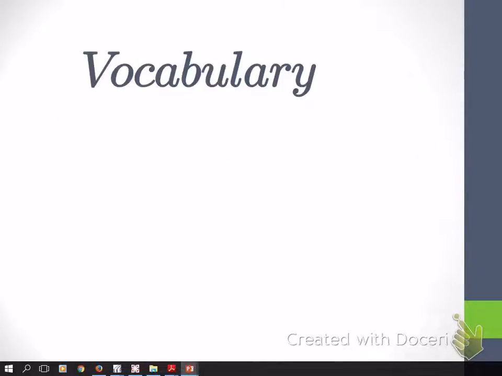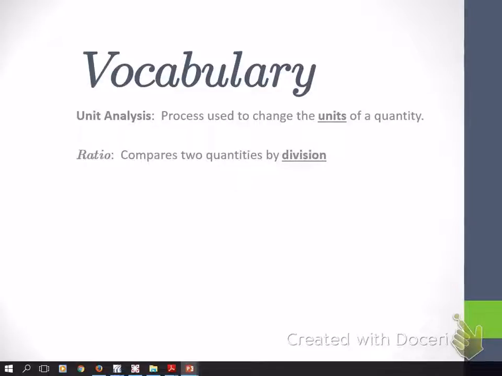Okay, so we start with some vocabulary. Always with some vocabulary, and these are things again that you guys need to commit to memory. Very easy points on the test. Like I said, unit analysis is what we use to change the units of a quantity. And we're going to write some ratios. Ratios compare two quantities by division. So basically fractions. We're going to create some fractions to